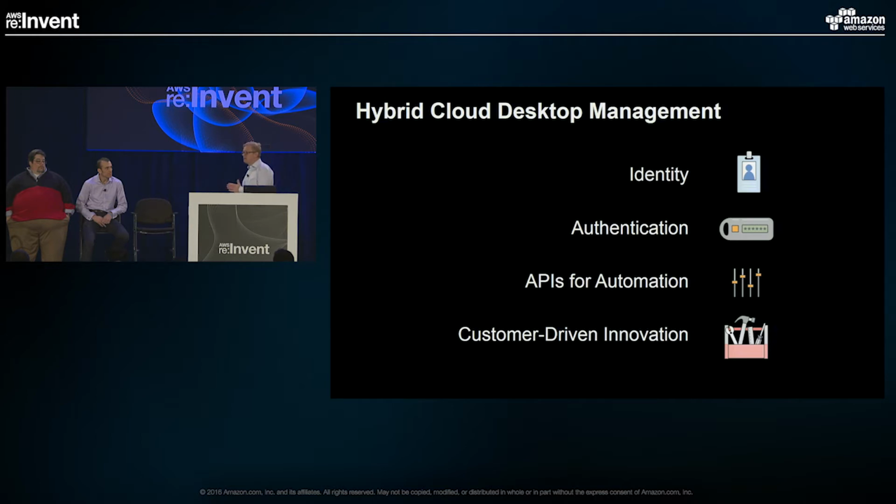Now, that all being said, what we found as we've worked with partners like Greg and Peter is that everybody has their own mechanisms for doing these things, and it's pretty tough to predict what those are going to actually be in practice. So one of the core attributes of this is that we really want to have customers driving innovation on top of Amazon Workspaces. So we publish APIs that give information and controls and capabilities to our customers, and they can build solutions on top of Amazon Workspaces. So in part, of course, it's a fully managed desktop service, but in part it's also a set of building blocks that our customers are using to build solutions inside of their environments. And I think you're going to be pretty impressed when you see what these guys have done with that capability.